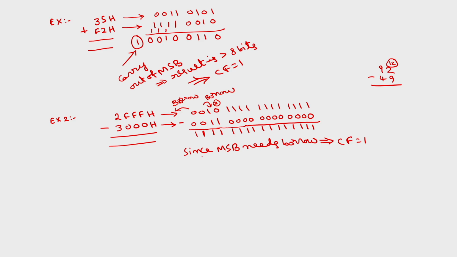Then the other way to check this is, since subtrahend is greater than minuend, it implies carry flag is set. So, you see about this carry flag, during the addition as well as during the subtraction. These are the conditions for the carry flag to be set. Then coming to the second conditional flag, which is the parity flag.